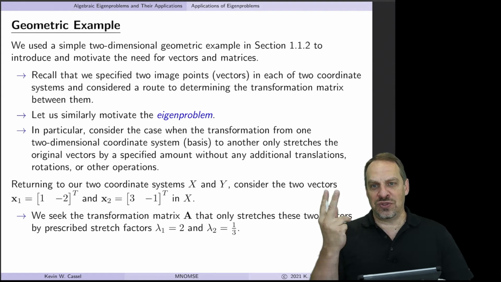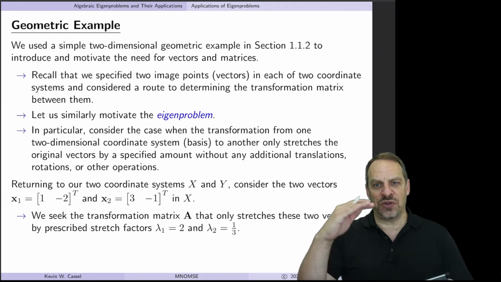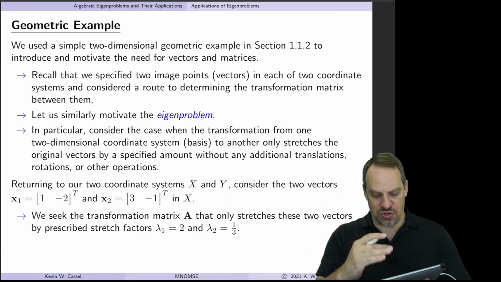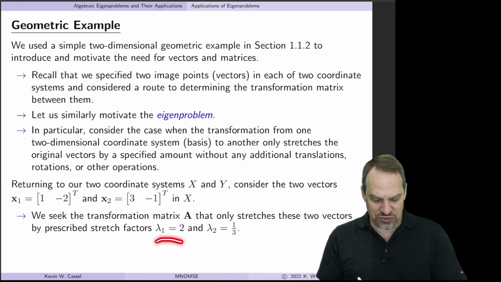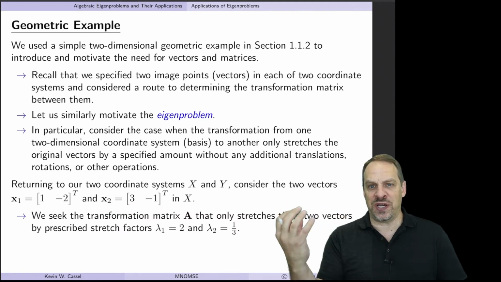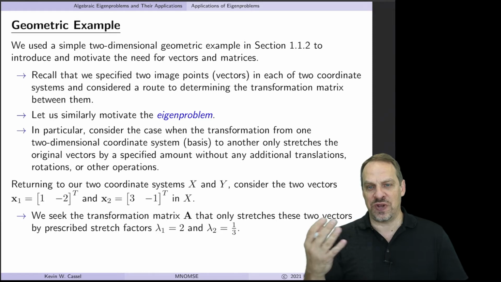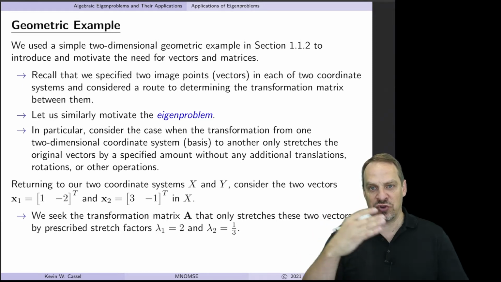And what we're going to do is start with the same 2 vectors. We're going to look for vectors that only get transformed to be longer or shorter. And the stretch factors will be the eigenvalues. So the first one will be stretched by 2. The second one will be stretched by a factor of 1/3. So here's the starting points x1 and x2 in some coordinate system. And we want to find the 2x2 matrix A that transforms each of those vectors into just a stretched version